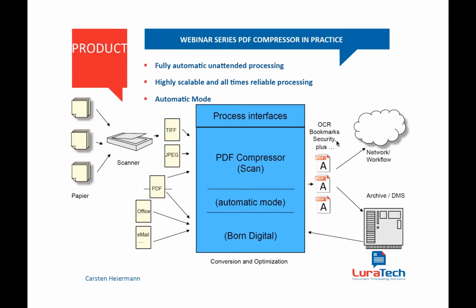So that's the PDF compressor scenario, let's say, how to use it. It has several ways of integrating with your existing workflows out there. Again, reference to the first part of the webinar here, where I explained what's all behind that. It is designed for fully automatic, unattended processing, not only in the scan field, but also really with born digital